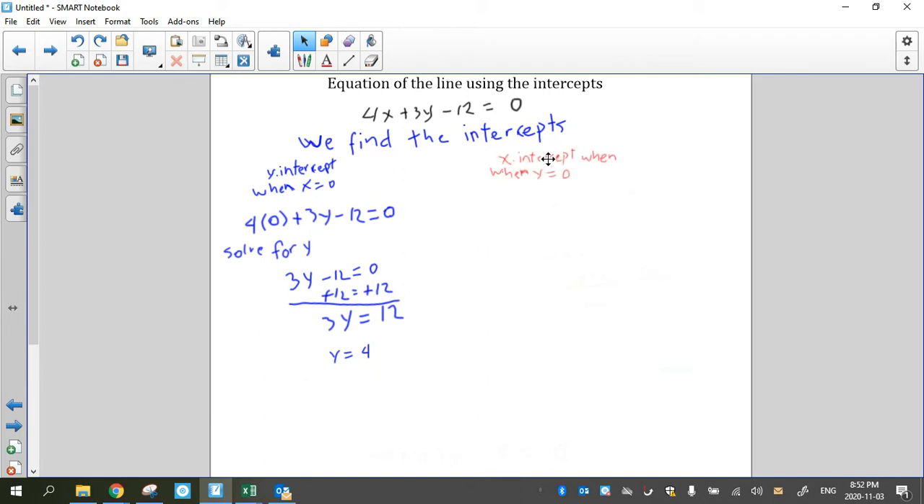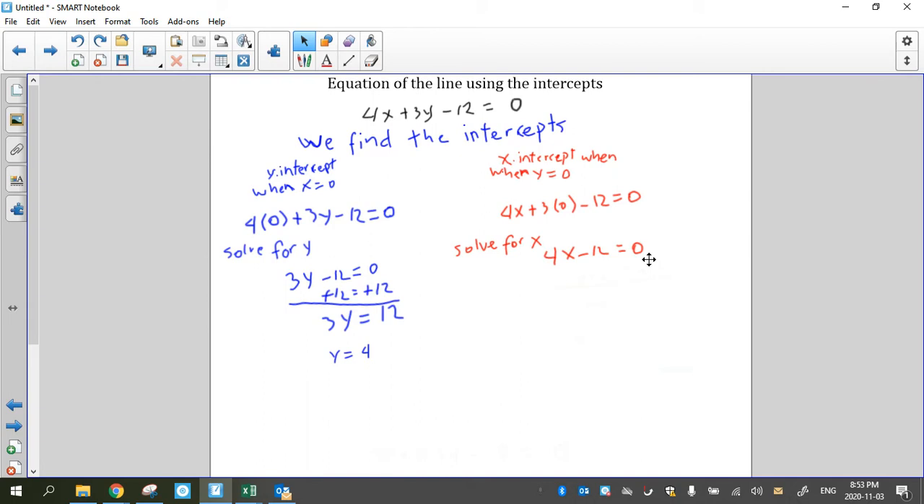Okay, now let's find the x-intercept. And the x-intercept happens when y equals 0. So I'm going to do the same process, except this time I'm going to substitute the y for 0 in this equation. So I have 4x plus 3 times y, but y is 0. In other words, plus 3 times 0 minus 12 equals 0. So you can see that 3 times 0 becomes 0. And then this equation, now that I can solve for x, becomes